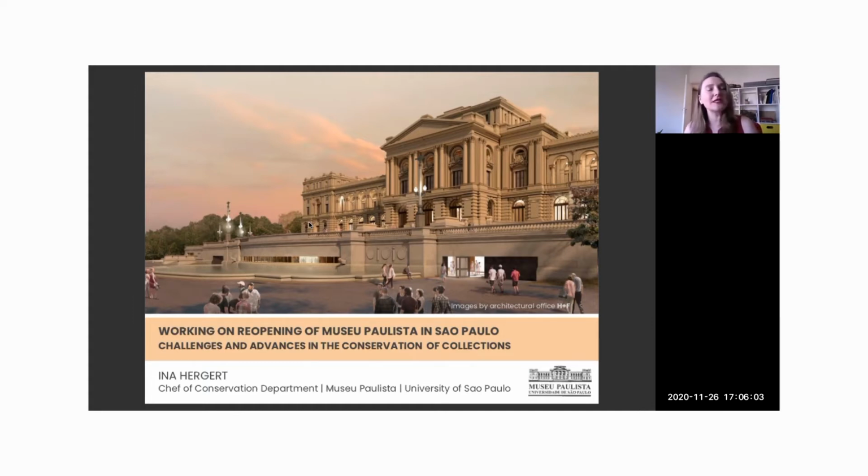As Padma told, I work as paper conservator. Museu Paulista is a university museum. It is a historic museum specialized in material culture studies. I've been working in museums since 2010, and since 2019, I'm the head of the conservation team, which has